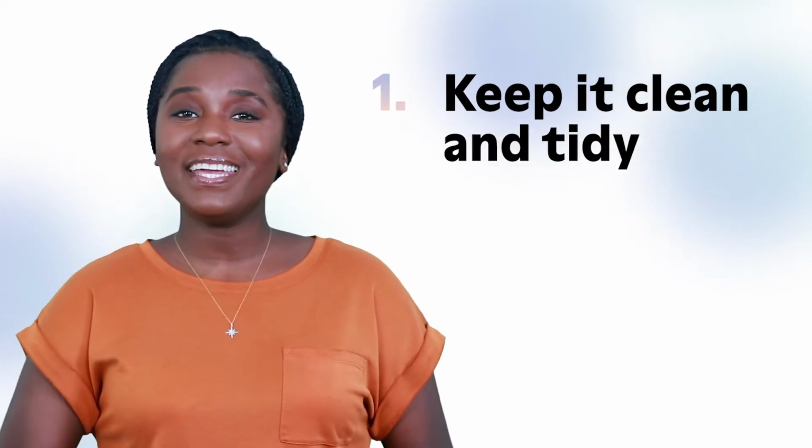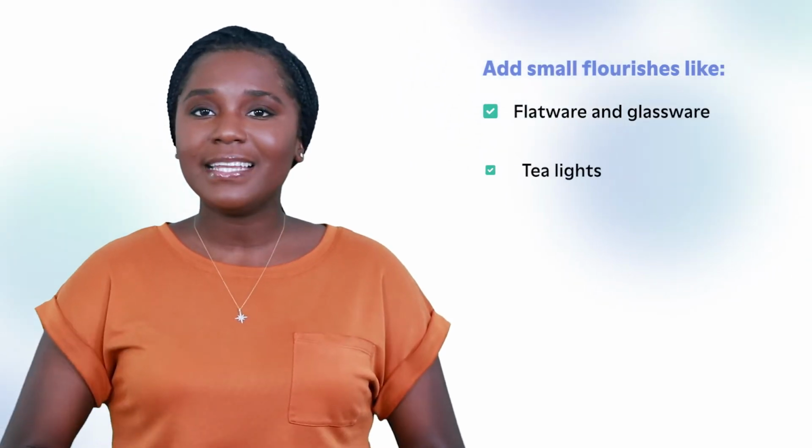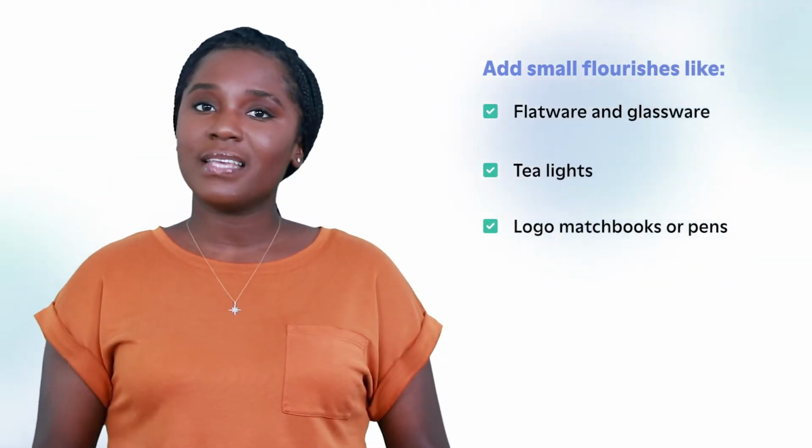First, keep it clean and tidy. The background of a photo is just as important as the subject. If you choose a busy background, it will distract from what you really want people to look at: the food. Use a simple backdrop like a cloth napkin or clean wood table that enhances the food and doesn't distract from it. For texture and interest, add small flourishes like flatware and glassware, tea lights, logo matchbooks or pins, your menu